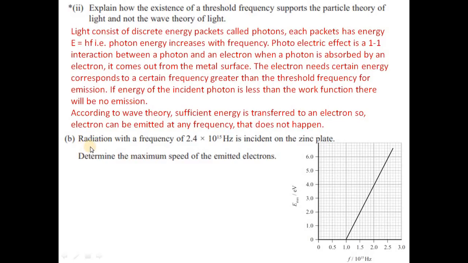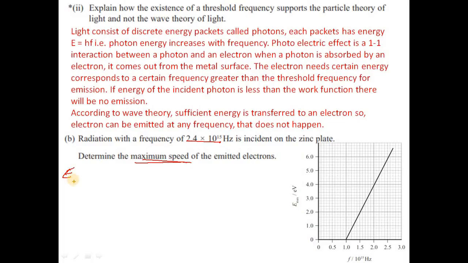Radiation with a frequency of 2.4 × 10^15 hertz is incident on the zinc plate. Determine the maximum speed of the emitted electron. So you are given frequency and you need to find the maximum speed. So to find the maximum speed, you know that